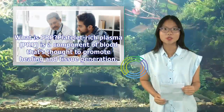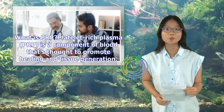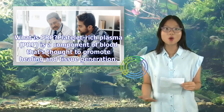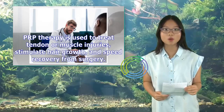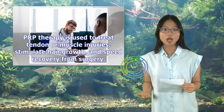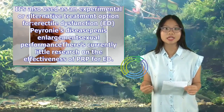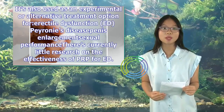What is PRP? Platelet-rich plasma, PRP, is a component of blood that's thought to promote healing and tissue generation. PRP therapy is used to treat tendon or muscle injuries, stimulate hair growth, and speed recovery from surgery. It's also used as an experimental or alternative treatment option for erectile dysfunction,